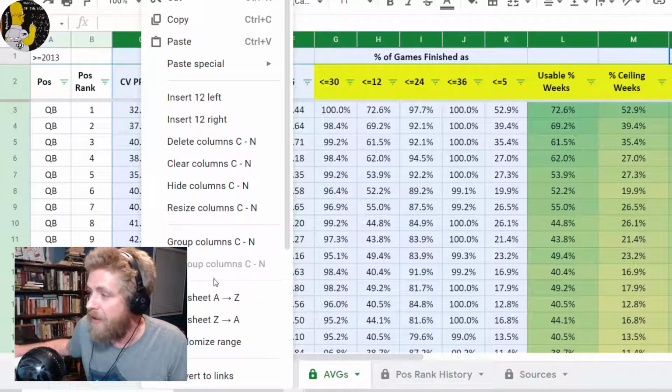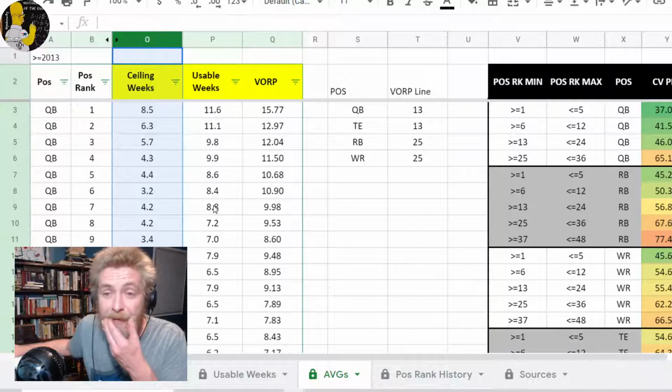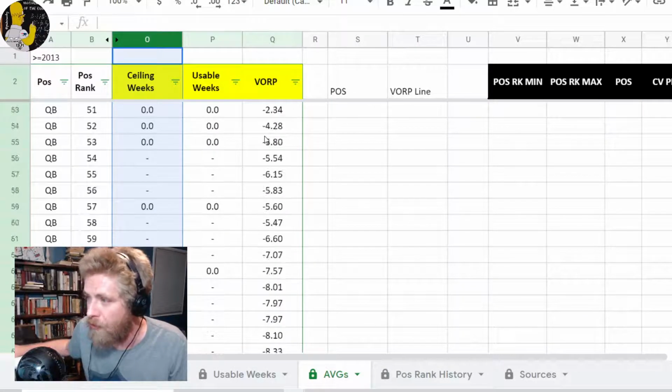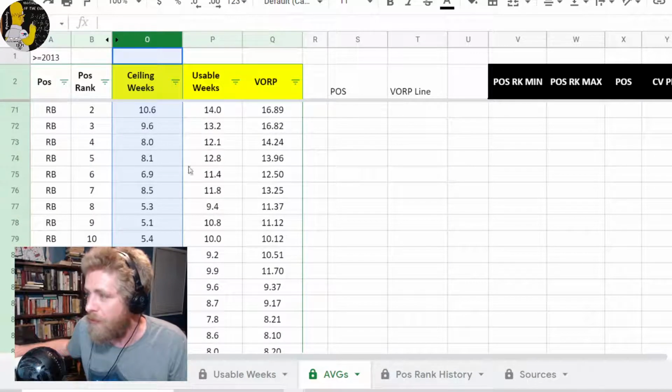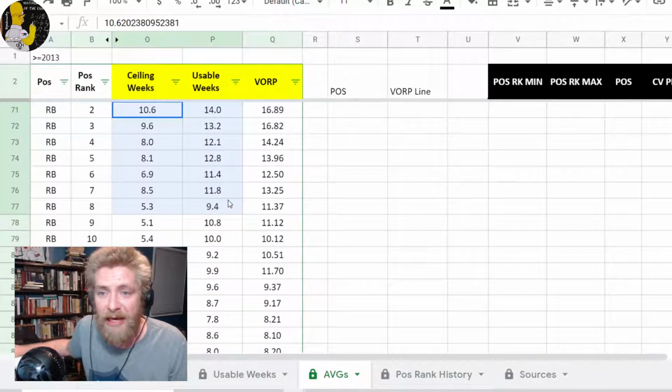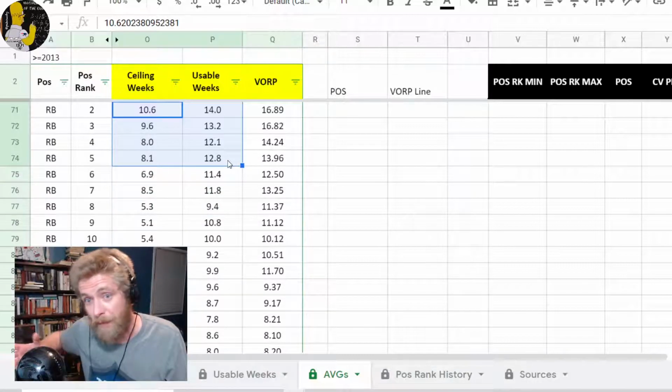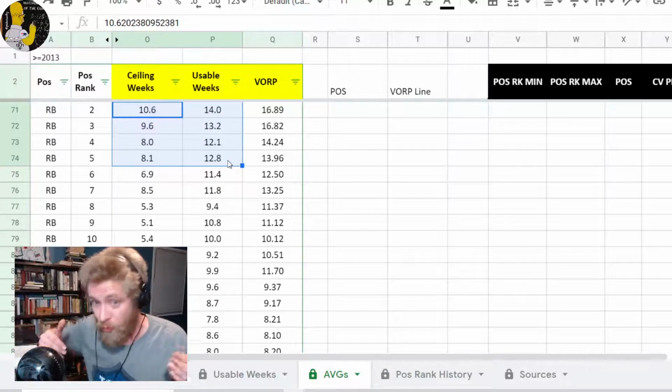I guess what I ended up finding out, the type of thing I ended up quoting at John Hogue when we got to talk again, I think on his podcast, was when you look at running backs, you clearly see that valuable, usable, and ceiling weeks are inside the top 5. It quickly drops out outside the top 5. In fact, we talk about the top 12 running backs, but outside the top 5, you're really seeing a drop-off,